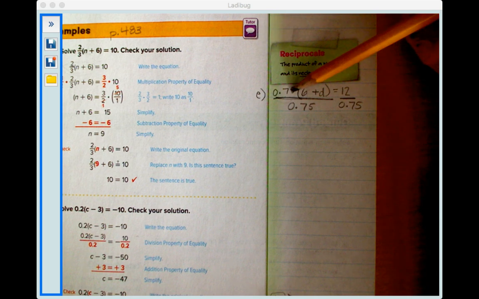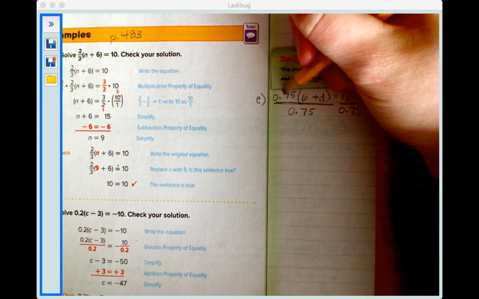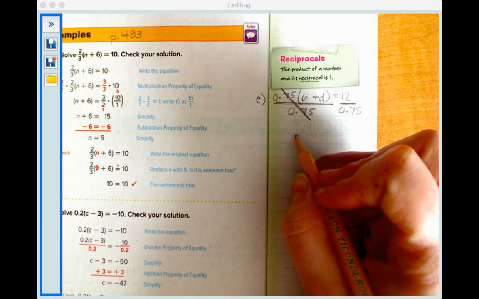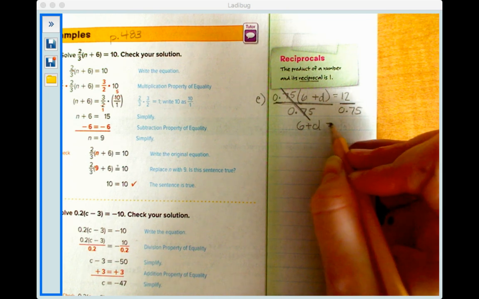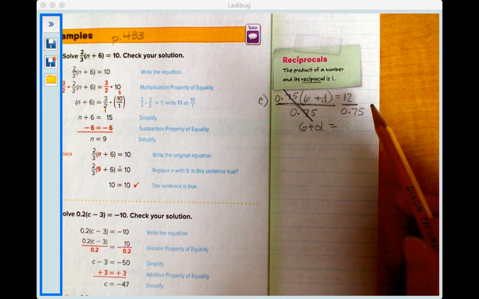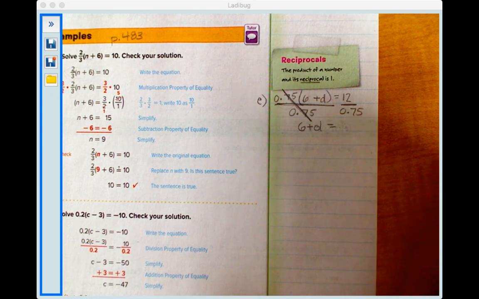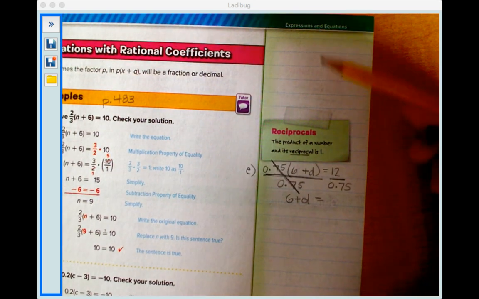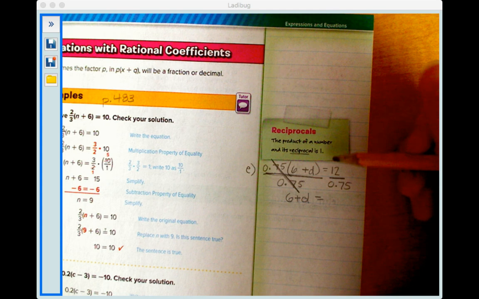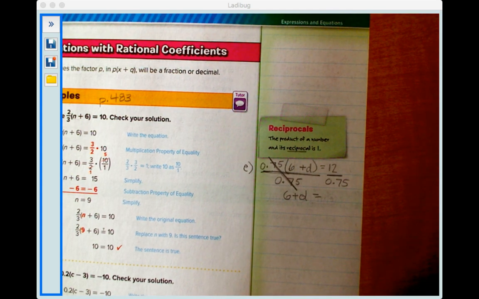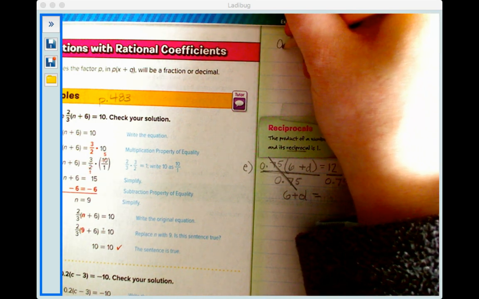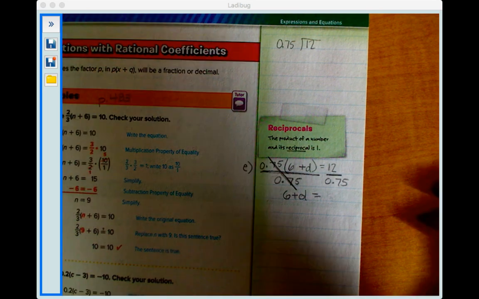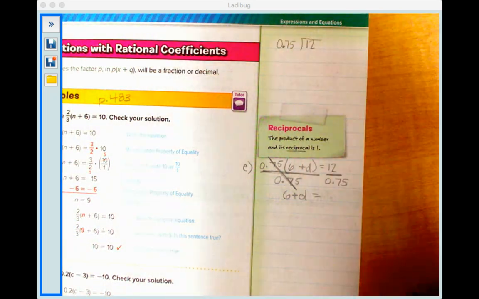Now, since these two are the same number on top and bottom, you can just cross it out, leaving just the group of 6 plus D down below. We still have 12 divided by 0.75. This is where I'm going to move up into the work zone to show you how to divide with a decimal again, in case you forgot. So, 12 divided by 0.75. When you have a decimal as what you're dividing by,